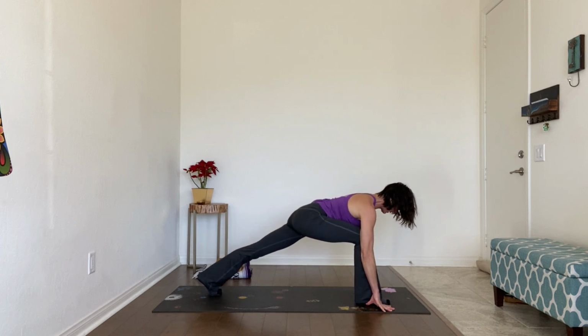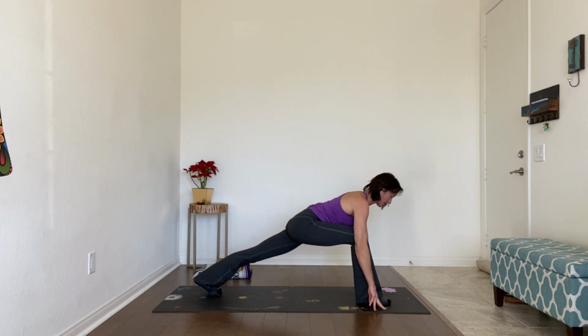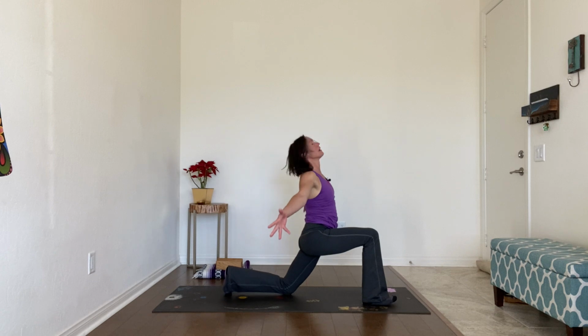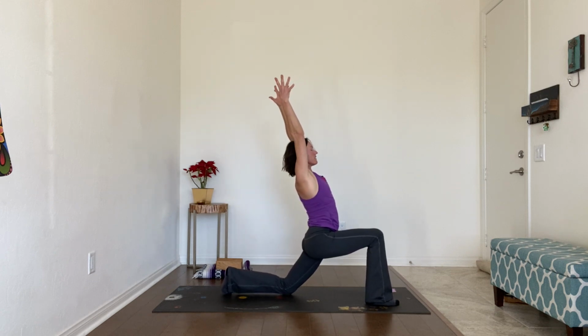Tuck the right hip in, squeeze it toward the left so there's some structure and some stability there. On exhale, release your left knee to the ground. When you breathe in, sweep the arms overhead and come to upright, holding at that fullness of the expression of